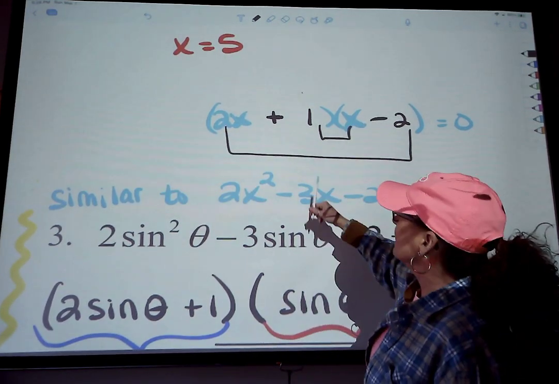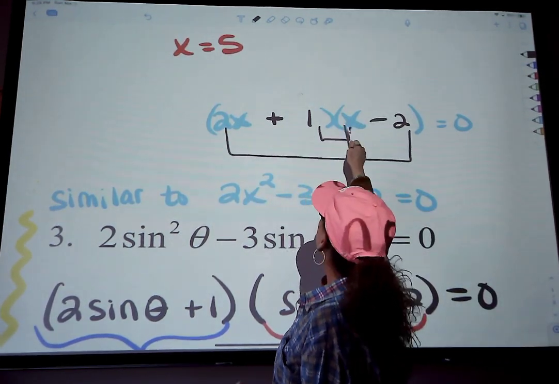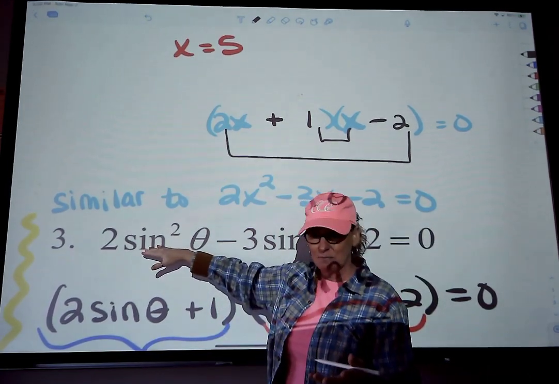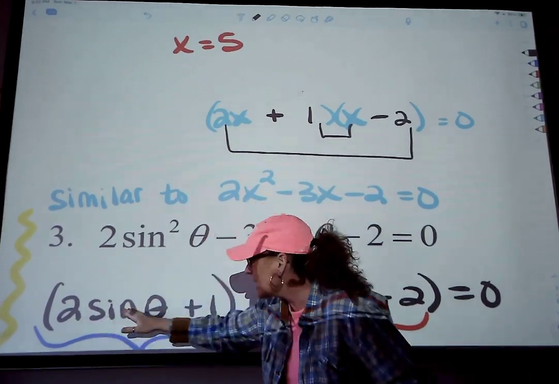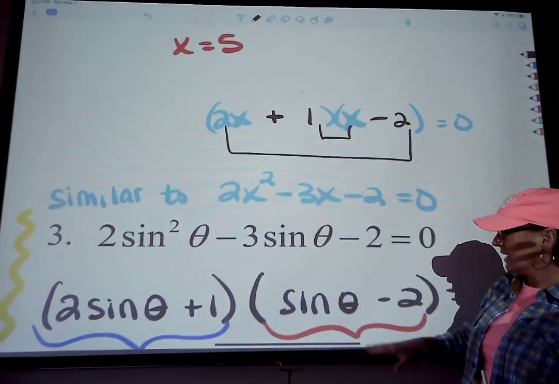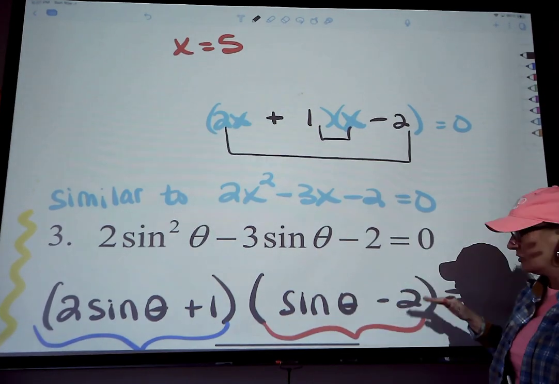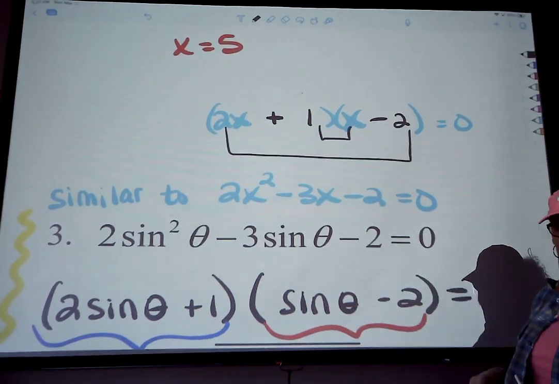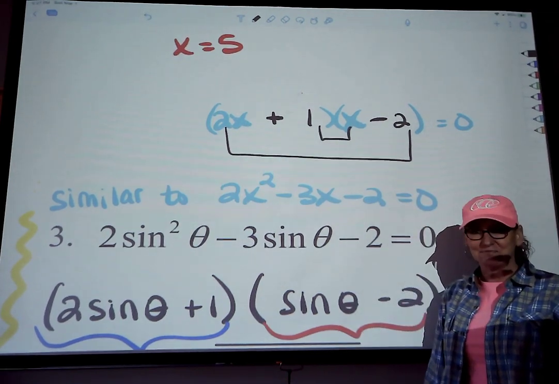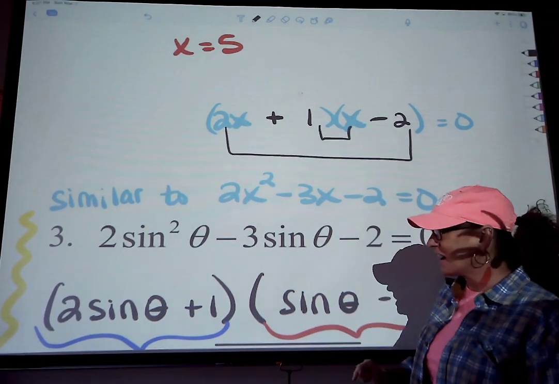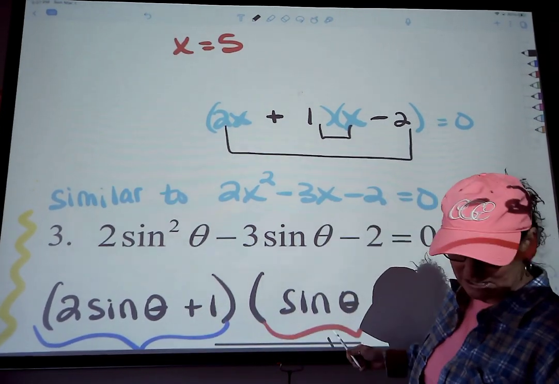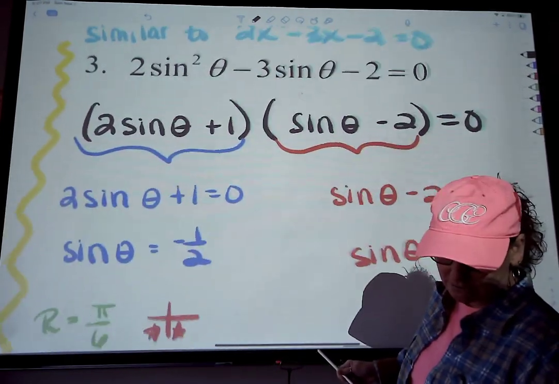So I'm going to take this, 2x plus 1 and x minus 2, factor it now using my signs. So instead of 2x plus 1, I'm going to write 2 sine plus 1. And instead of writing x minus 2, I'm going to write sine of theta minus 2. Whew, that was the hard part. Because once you've got it factored, set this quantity equal to 0, set this quantity equal to 0, and you've